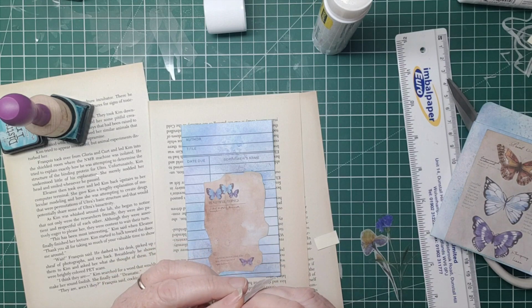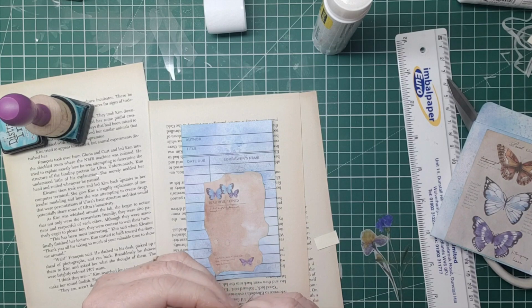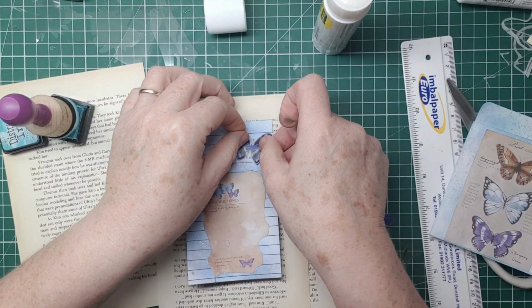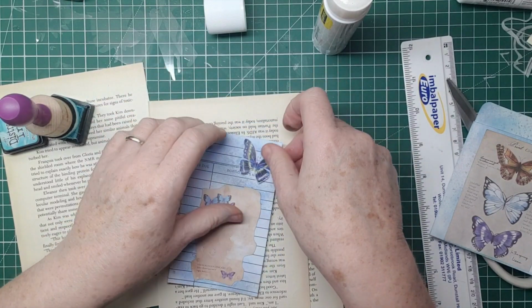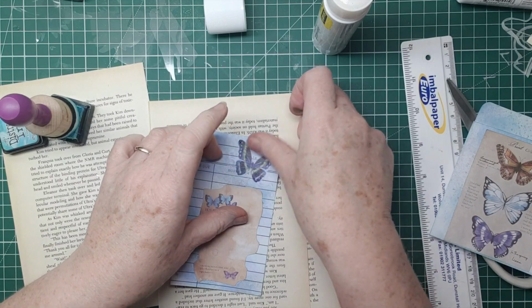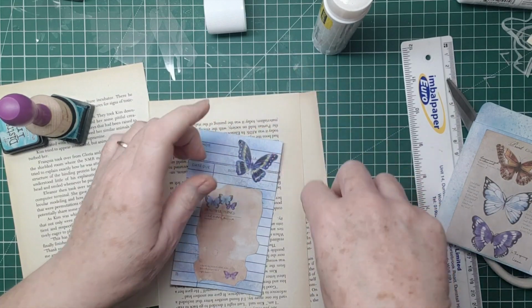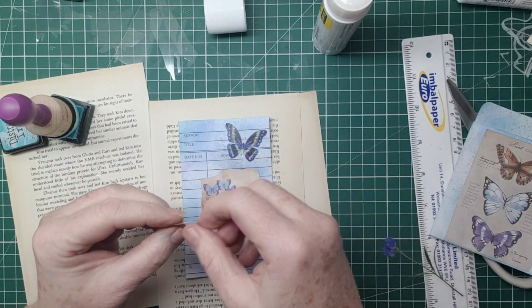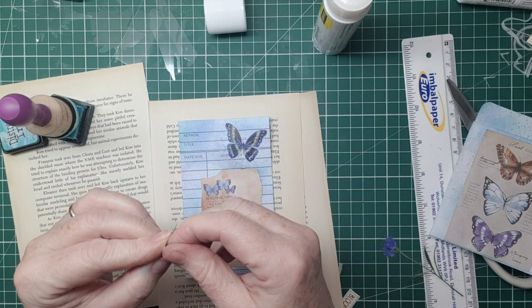And I'm going to put this lovely butterfly on. I haven't used butterflies for a while either. Isn't it funny how you get stuck on one kind of theme, really? Well, I've been doing black and white, then it was a sort of gothic junk journal, gothic-y Halloweeny junk journal, so